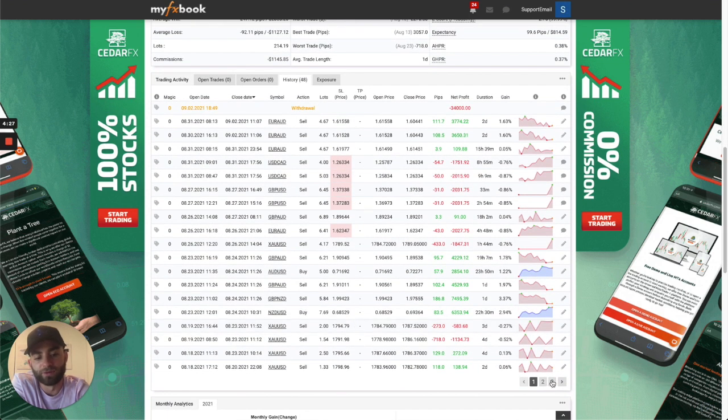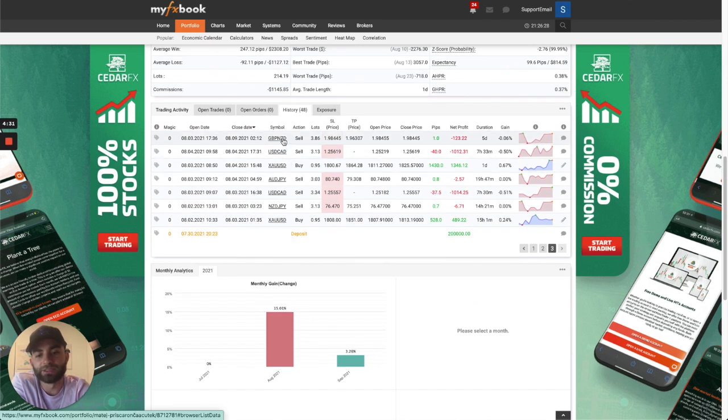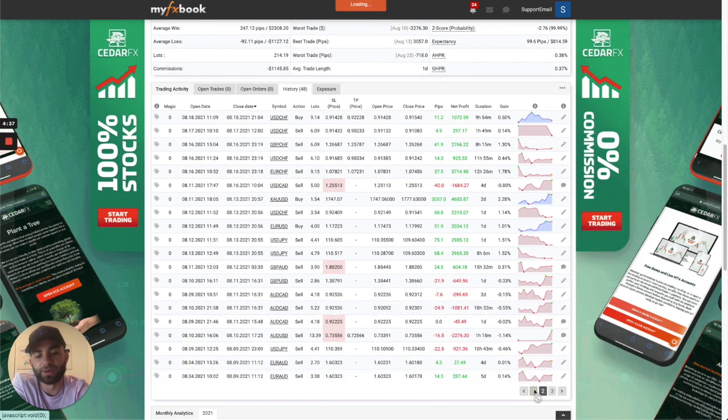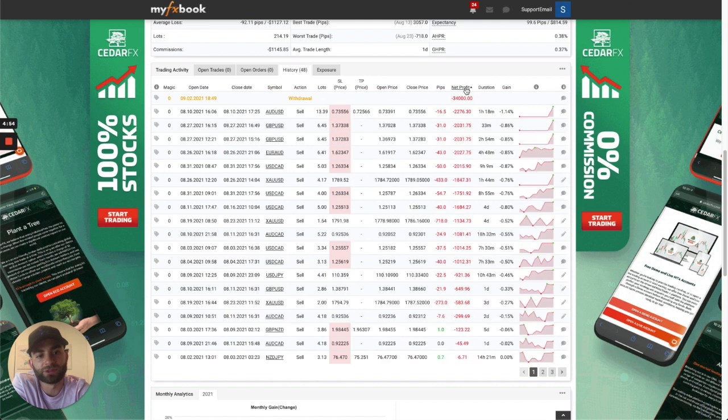So let's go over now to where he started. Let's look at all the pairs that he's trading. So he's trading mainly golds and Forex pairs. As you can see, no indices for him, mainly gold and Forex. And again, his trades are averaging 1 day. So he is really a swing trader. He's trading for multiple days at a time. There are some hourly trades in here, but let's go actually first and look at the